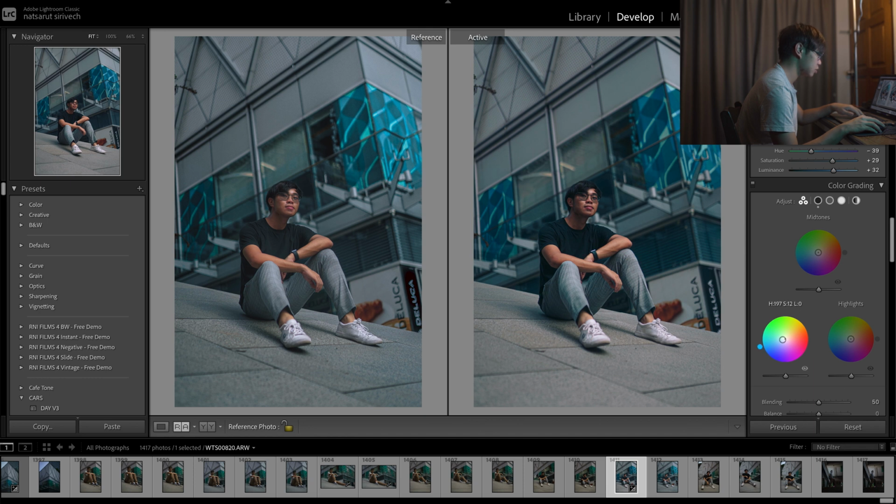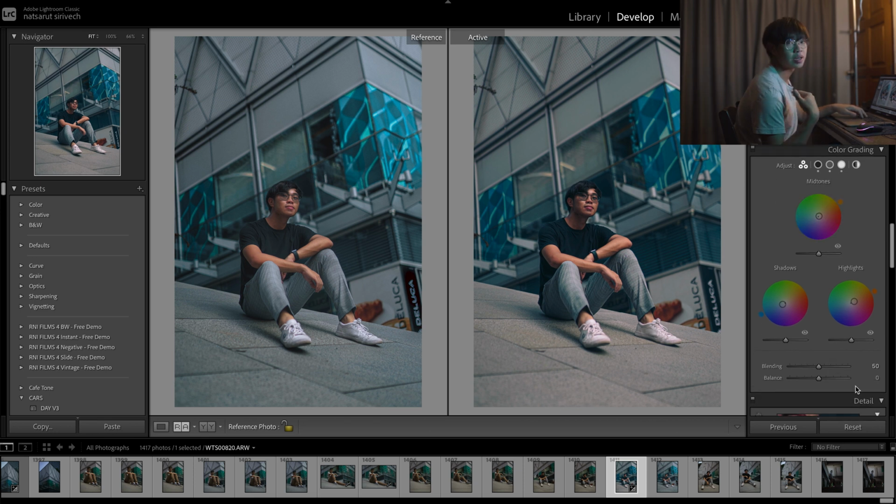There, that should be fine. And the highlights are orange, so I'm gonna put them towards the orange side a little bit. For the midtones, I'm gonna go towards highlight, mid orangish as well. Okay, all right.